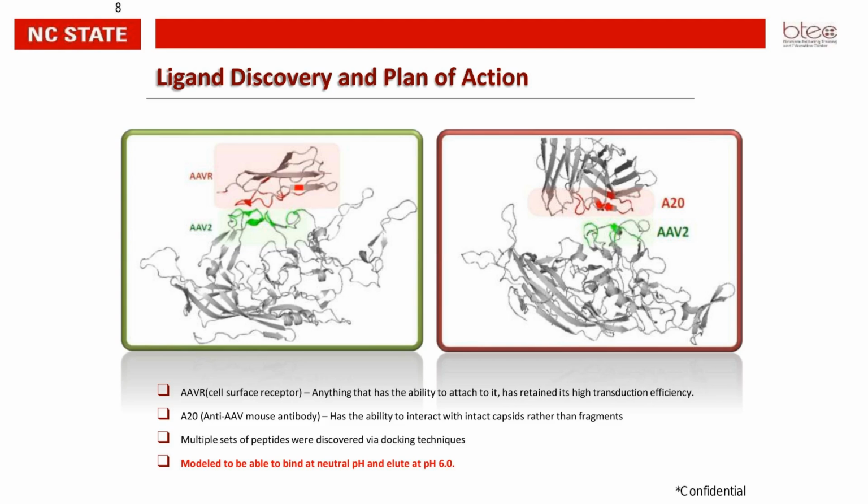We also explored another interesting molecule called A20, which is an anti-AAV mouse antibody, which has the ability to interact with intact capsids rather than the fragmented capsids. So we utilized these two molecules, two interactions, did a bunch of studies, and then figured out multiple sequences of peptides that could have the potential to bind to AAVs, and which could be used for doing